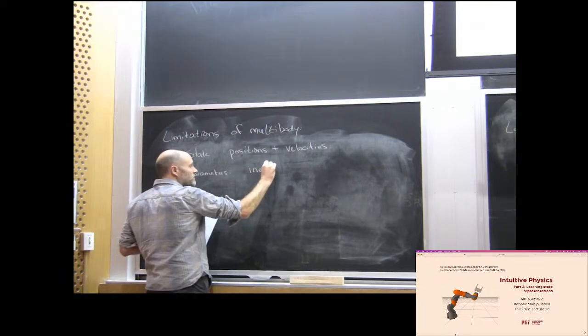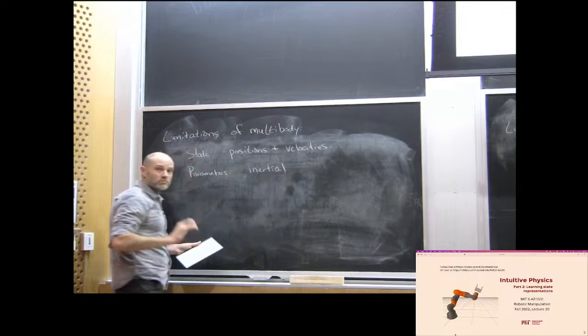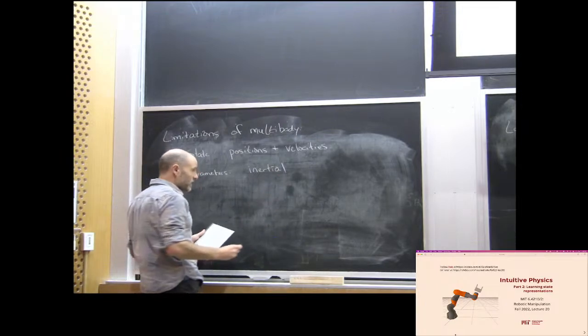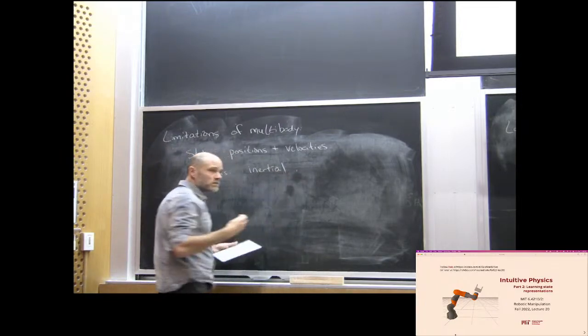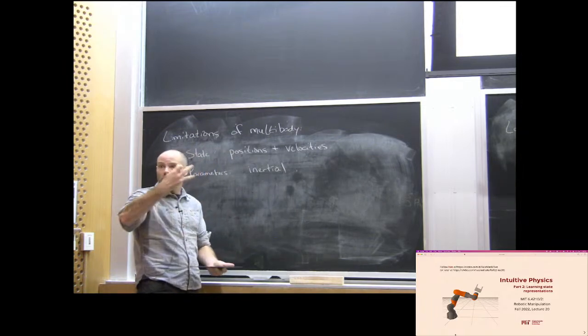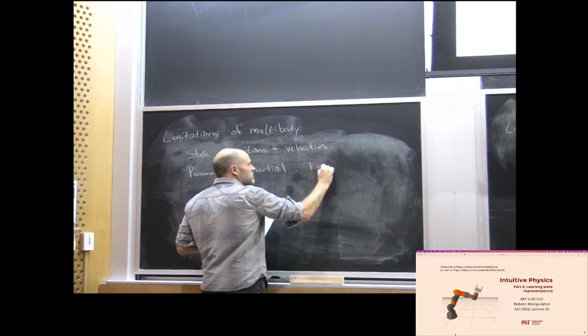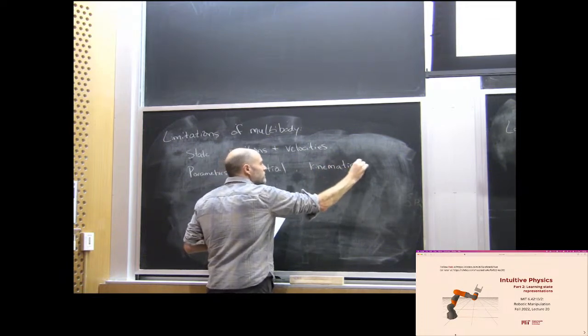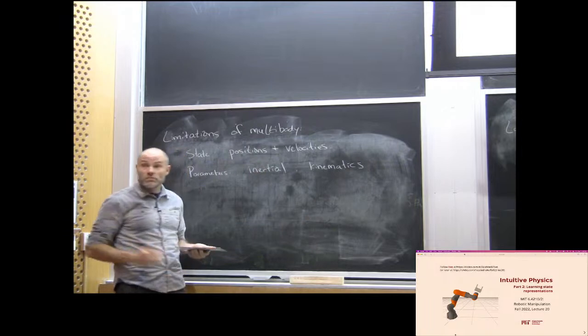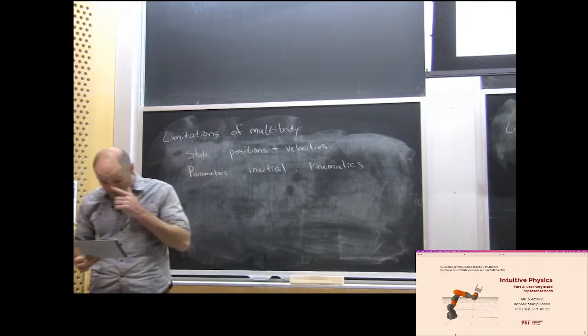They're the inertial parameters, mass, moment of inertia, center of mass location, and then the kinematics of the multi-body tree, so the location of the joints relative to each other and stuff like this. These are the parameters of the multi-body family,